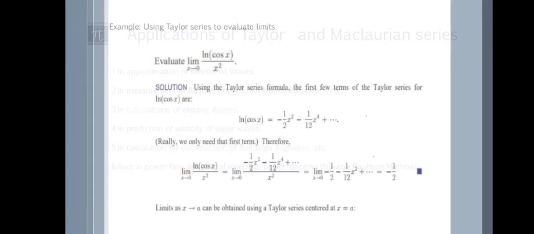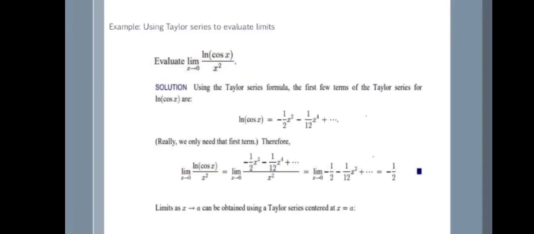Newton-Raphson method. Example, using Taylor series to evaluate limits. Evaluate the limit x to 0 of cos x by x square. Using the Taylor series formula, the first few terms of Taylor series for cos x are